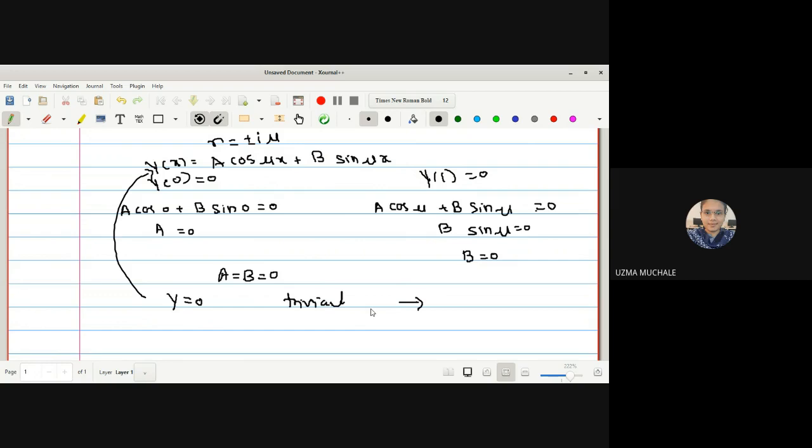Okay, this is the method. Actually, we have solved many more examples like this in the first chapter, but here it is solved with the help of a Green's function. Okay, now here we get y of x is equal to 0 as a trivial solution for the given boundary value problem. Therefore, the Green's function exists and is given by.